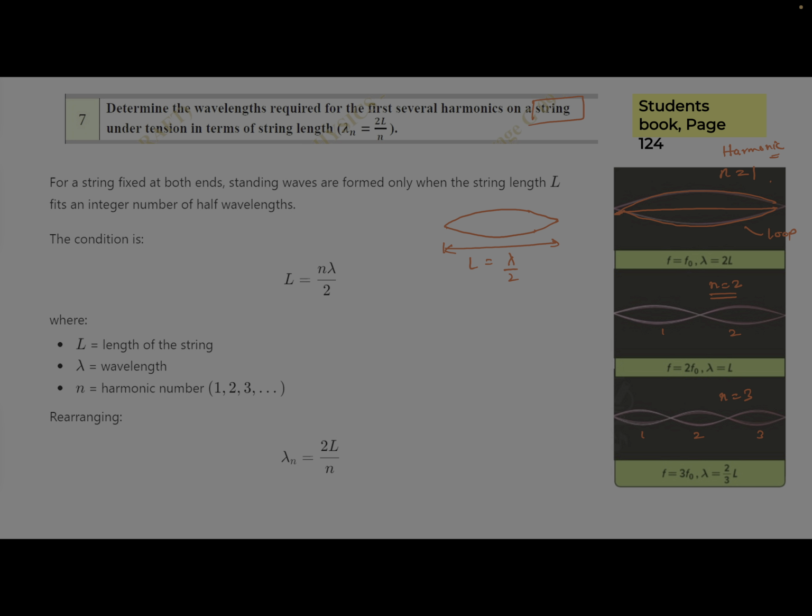Always the wavelength will be half for the 1 loop. When I consider 2 loops, this is lambda by 2, and this is lambda by 2. So when you calculate the total length, it is 2 lambda by 2, or you can say just lambda. So when n equals 1, and when n equals 2, L will be lambda by 2 plus lambda by 2, so it will be 2 lambda by 2, or just lambda, the 2 gets cancelled. When there are 3 loops,